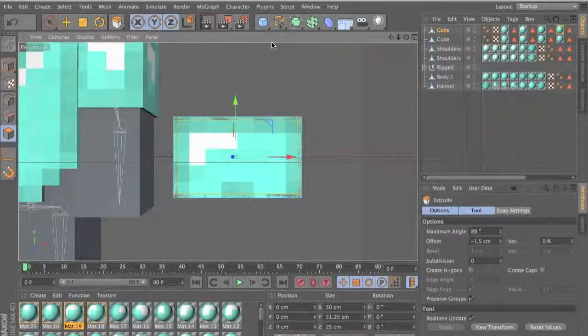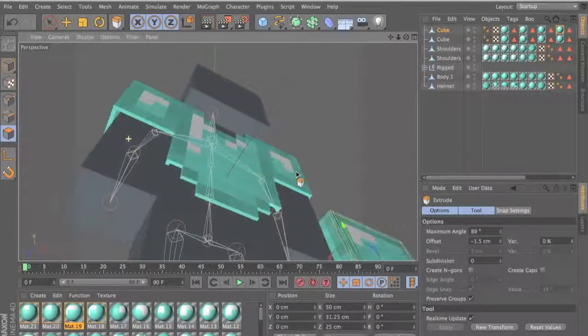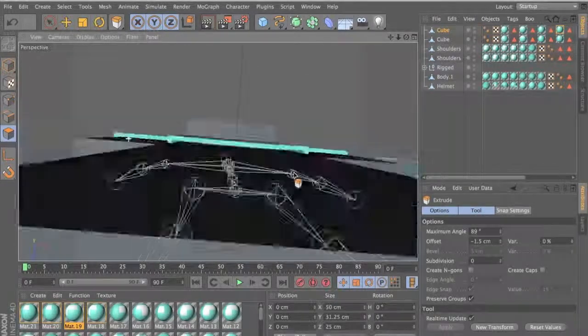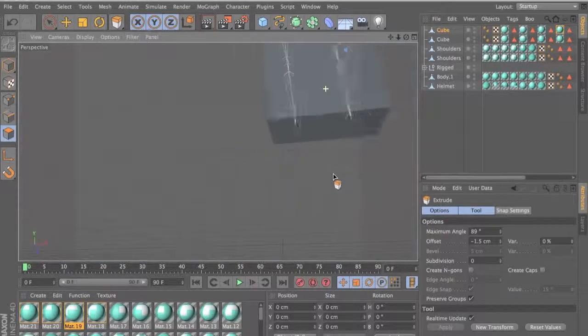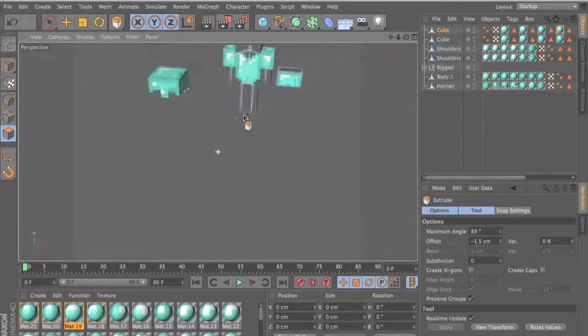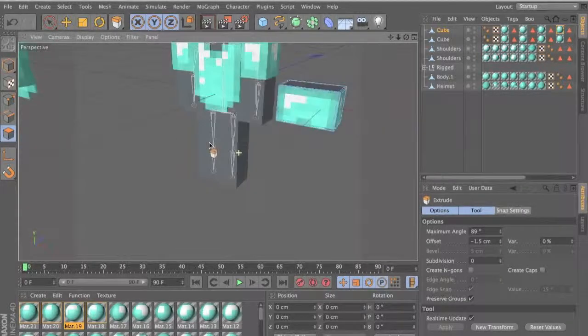Hello guys, this is Anish here with a tutorial on how to model armor and give it a cool look like that, but that's out of position. But it looks pretty cool and it looks exactly like in Minecraft, and yeah, so I'm gonna teach you how